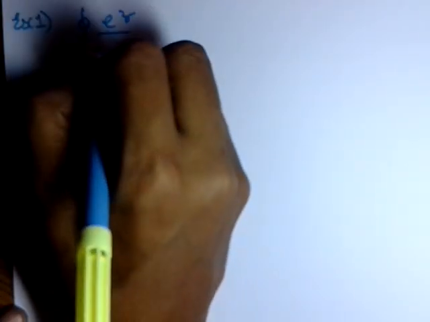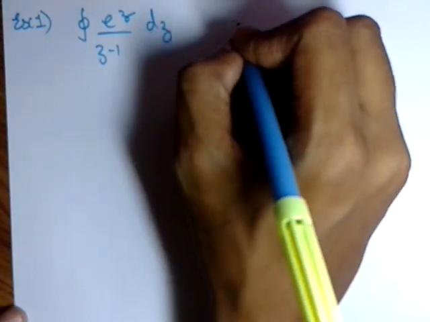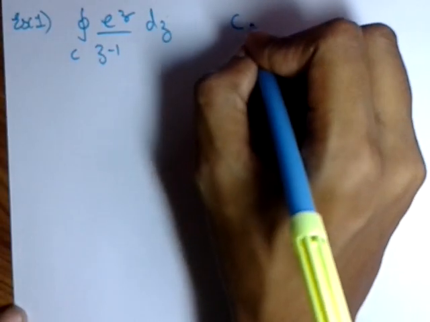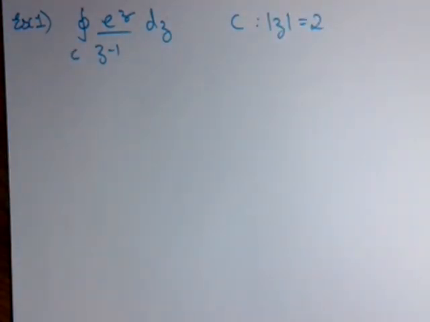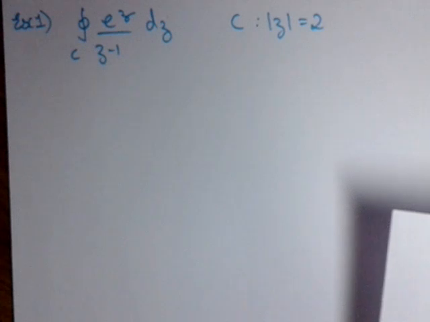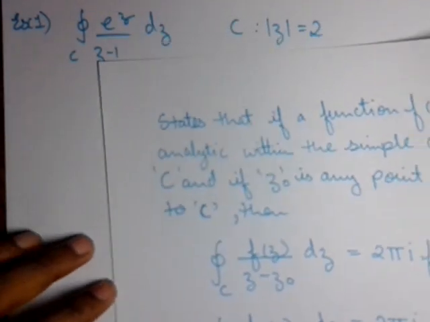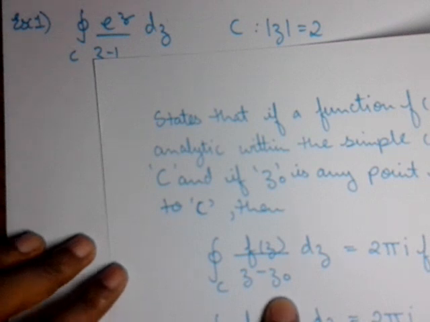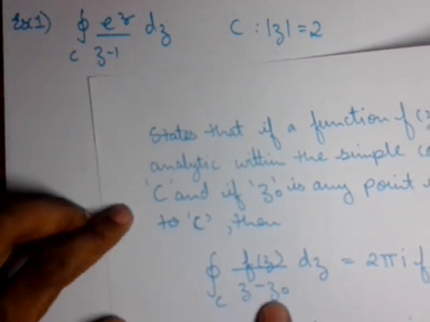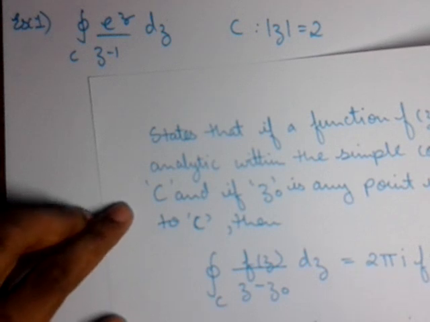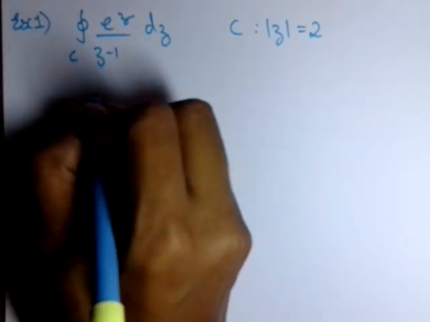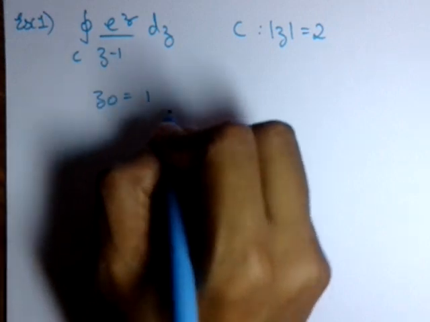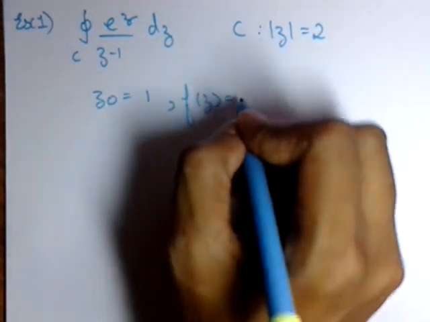integration of e raised to z upon z minus 1 dz along the closed contour C, where C is mod z equal to 2. So now first we have to find out what is z0, what is f(z), and how the contour looks like. So on comparing, we can see that z0 is 1, f(z) is e raised to z, and the contour is a circle. I'll show you how I concluded that it is a circle. So first of all, we noted down that z0 here is 1, f(z) is e raised to z,